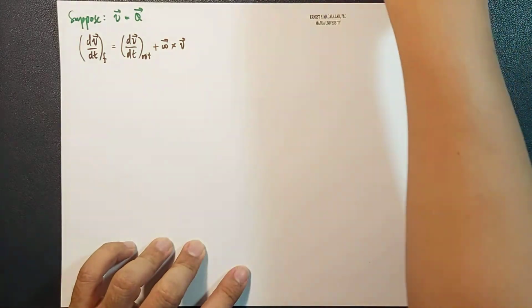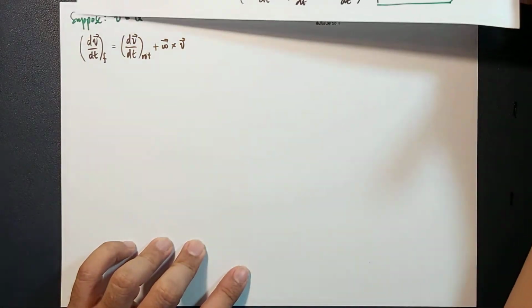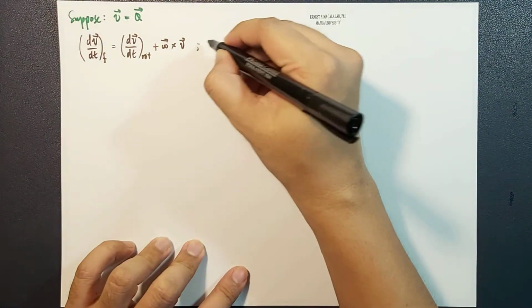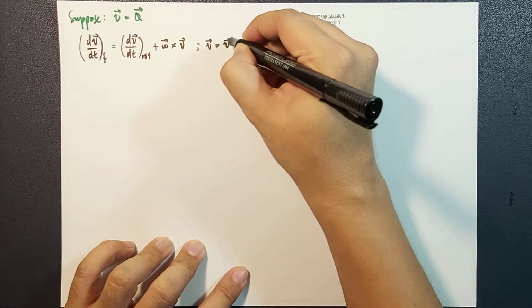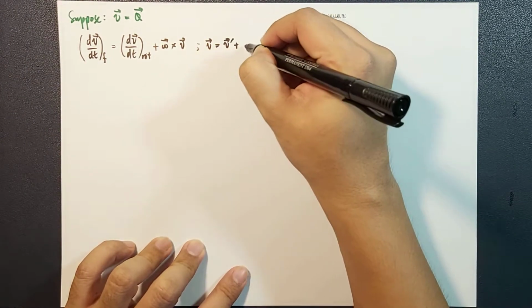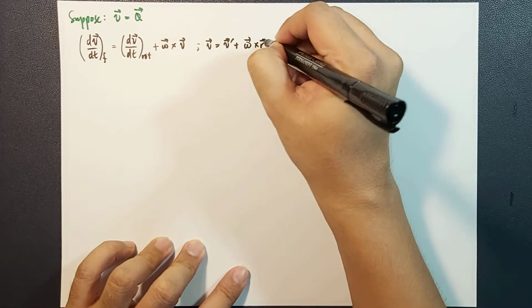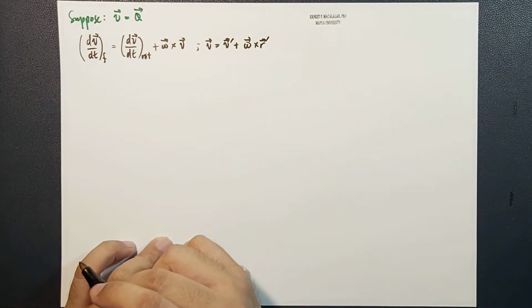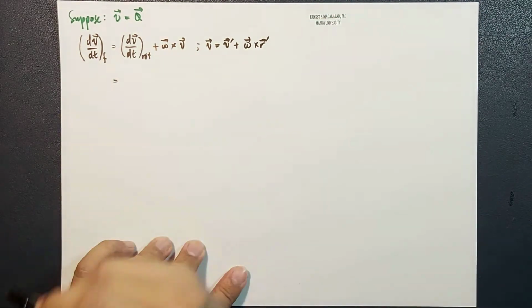Because remember that v is equal to v prime plus omega cross r prime,